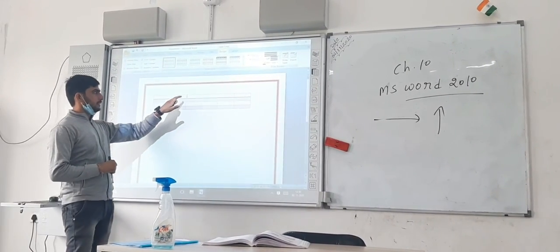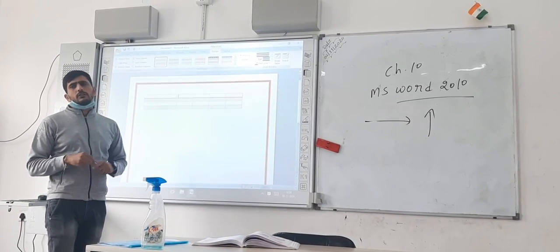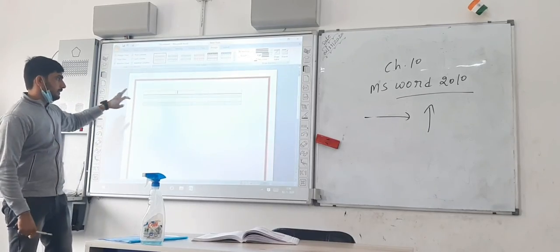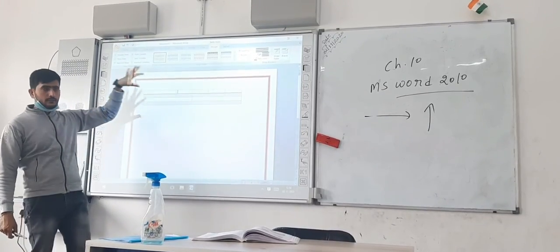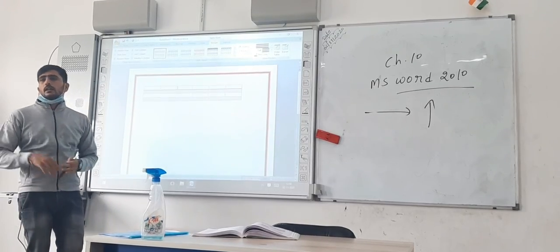There are 6 boxes, 6 cells. I want my work to come into a single cell, so the rows will be in a single cell.